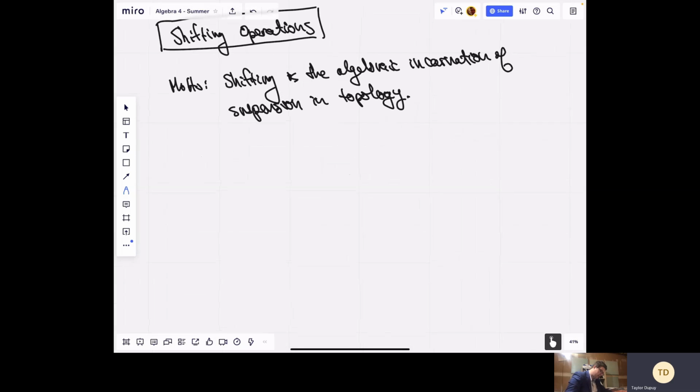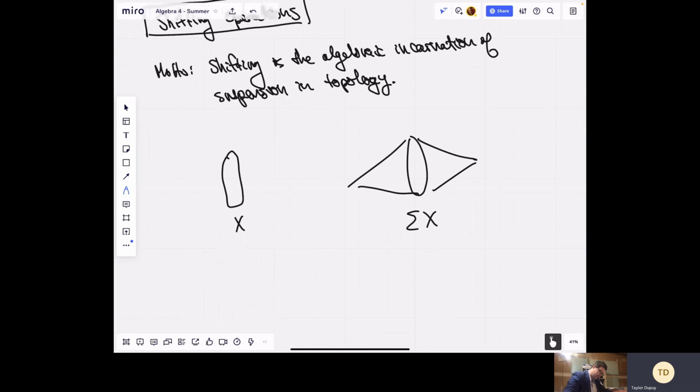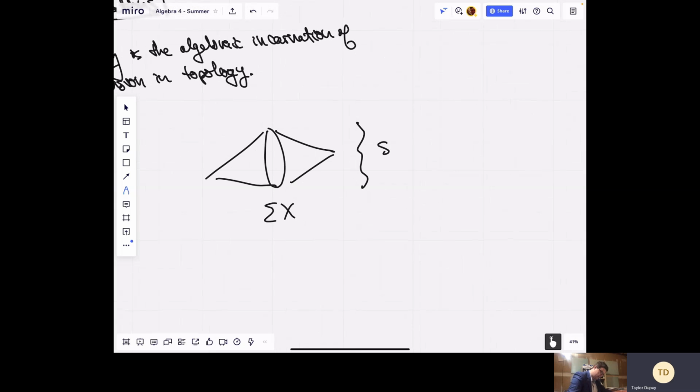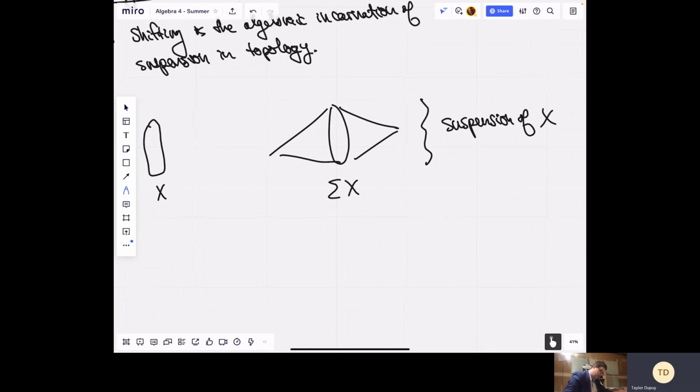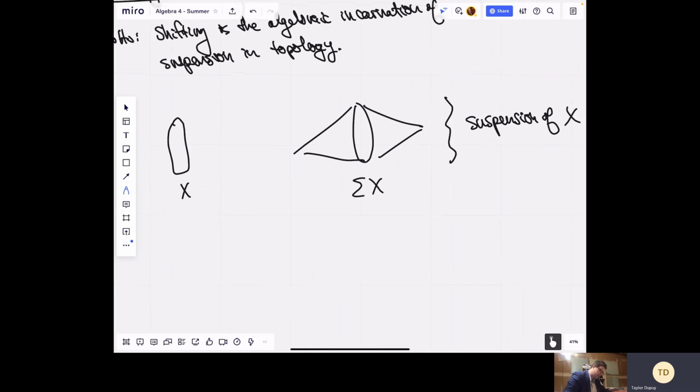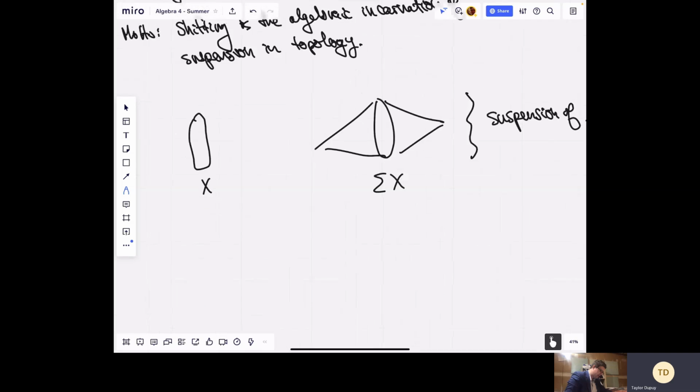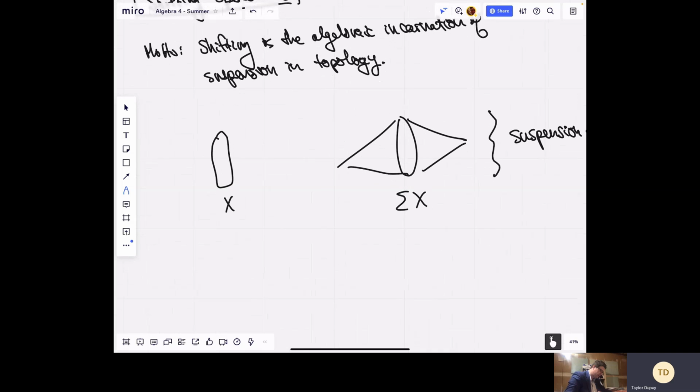So recall that if we had a topological space X, then the suspension of X was this thing where we took cones over. So this was the suspension of X. Like the suspension of the circle is the sphere. We wrote it as sigma of X, and it had the nice property that on